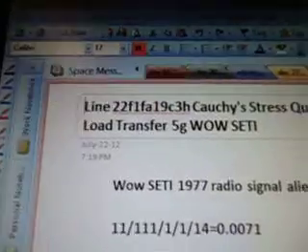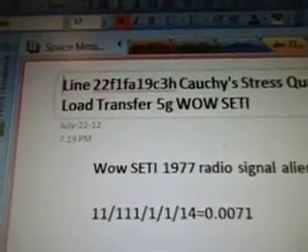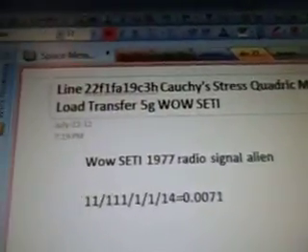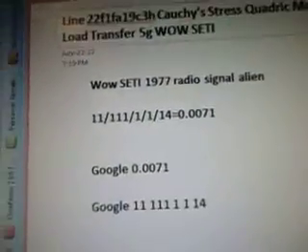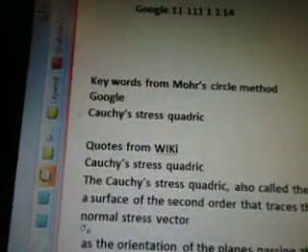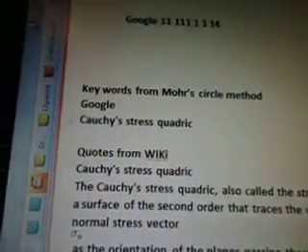This is part 22f1fa19c3h. This is line 22f1fa19c3h. Cauchy stress quadric, Mohr circle, plane load transfer, 5G, Wow, SETI, Brazilian radio signal. And the keywords for Mohr circle method, we've been talking about this in the last 3 videos,